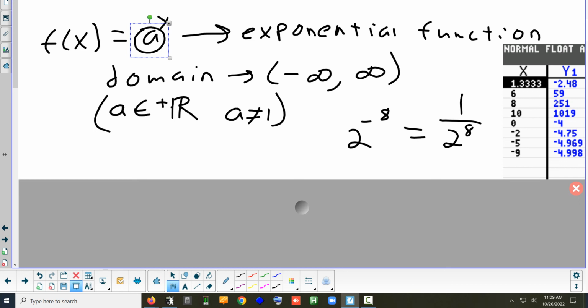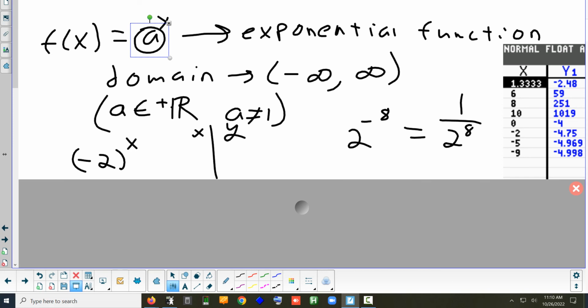Really weird things happen if you try to let the base be a negative number. You can't even graph it. Because if x was even, then it would be a square. If it was odd, then it would be a cube. Yeah, we start to get into really weird things: if you tried to graph -2 to the x,